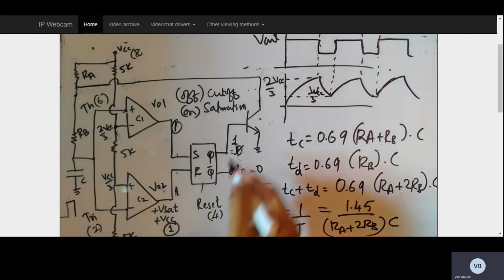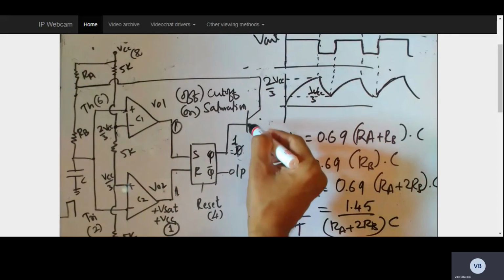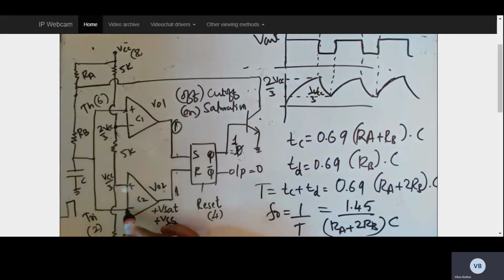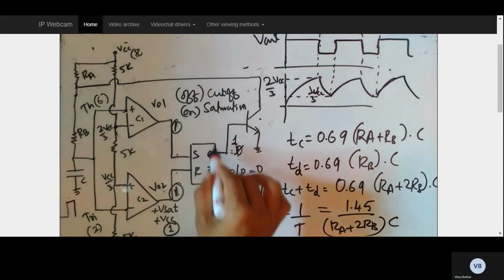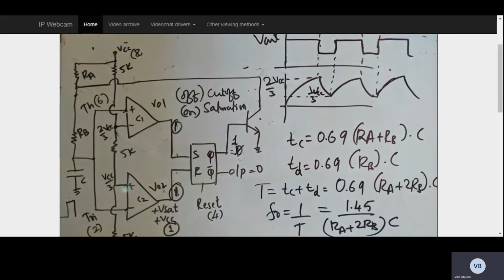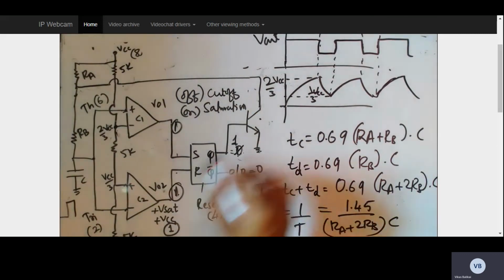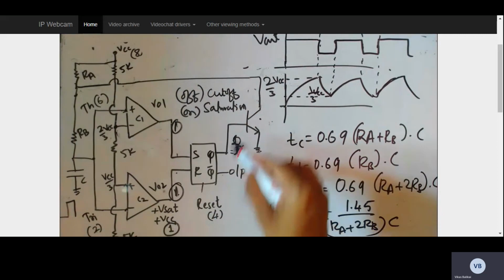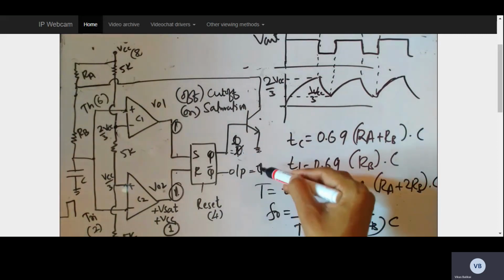So once this is on, discharging happens, and while discharging, you can see that the comparator 2's inverting terminal reaches less than VCC by 3, because of which the inverting terminal is at lowest potential and the non-inverting terminal is at highest potential, and my comparator 2's output will be 1. This is going to enter the flip-flop. R is 1, and because of which the reset action of my entire flip-flop happens. Once R is 1, Q will be 0, and because of this Q equal to 0, output will be 1. That is, Q bar will be 1.